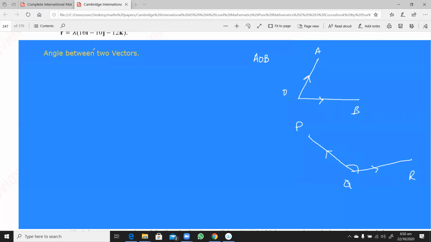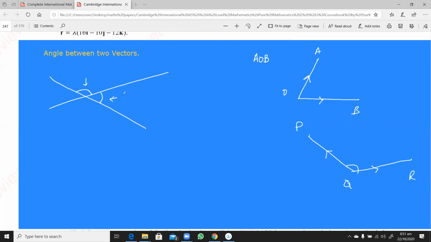But when you have to find the angle between two vectors, okay, the person who's asking you to find this angle will have to tell you which angle you have to find, okay? Like you see, if these two lines are meeting, and they are not meeting exactly at a right angle, then one of the angles would be an obtuse angle over here. The other angle would be an acute angle over here.